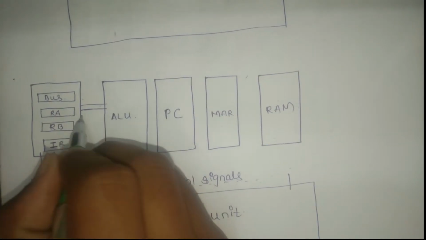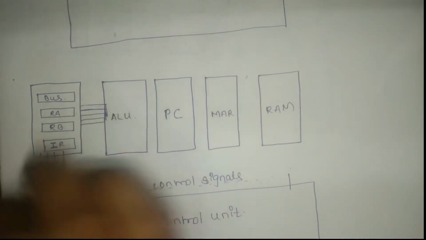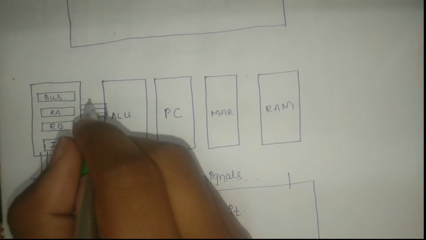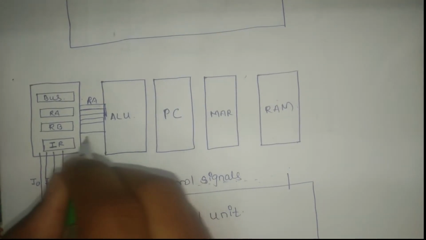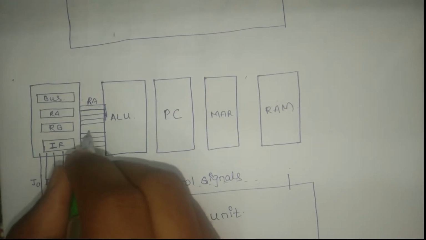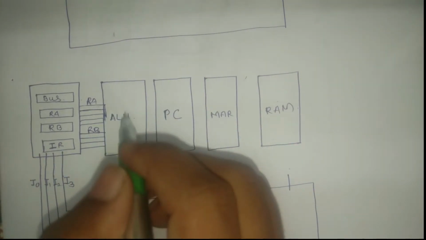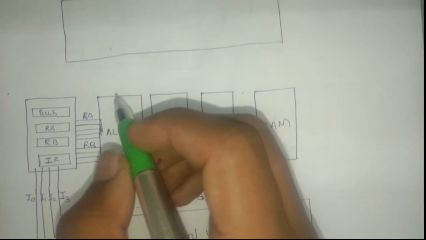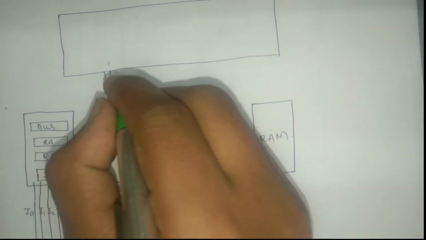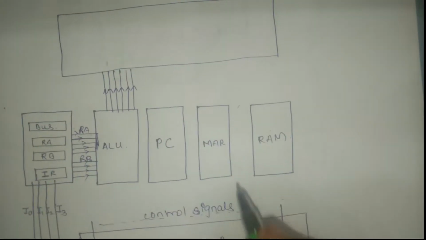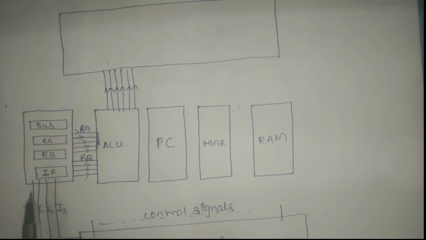Consider these lines connected; don't worry about the numbers. I'm just drawing that data from register A is going into the bus, and data from register B is going into the bus. Now what about the ALU? Whenever the ALU carries out its function, it will output the calculated value onto the bus. So here it will be connecting to the bus. This way our register A, register B and ALU will be communicating with each other.